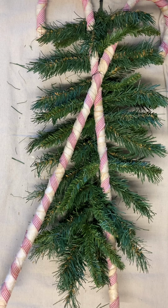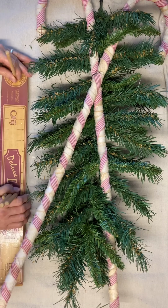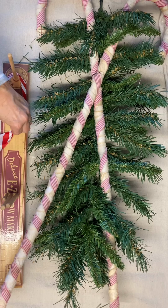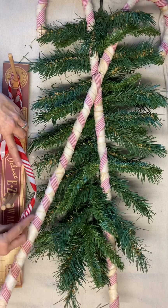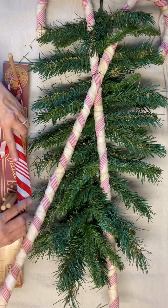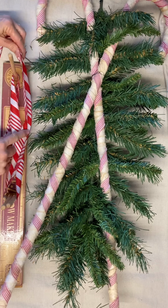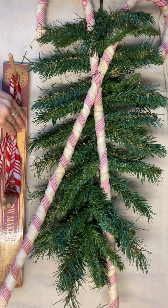Okay, and the next thing I'm going to do is start making my bow. I noticed on this video that this bow maker is pretty bad out of frame, but I'm making such a simple bow, the kind that you just wrap around the 2 pegs, and I wrap it 3 times so that I'm going to have 3 loops on each side. So you see how I'm just kind of weaving it in and out around those pegs, and then making sure that the right side is on the outside,